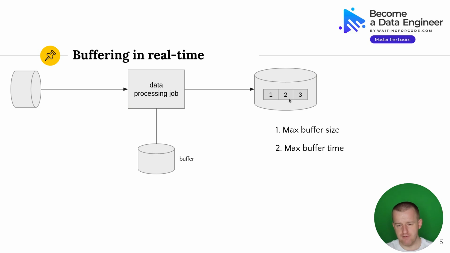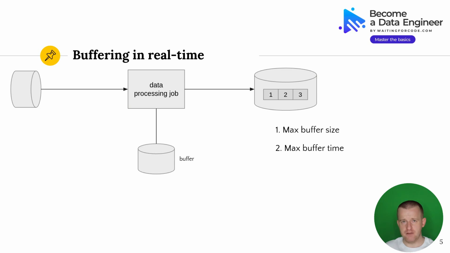And it's quite important to have both because you might have some trends in your data processing, and streaming data may have, for example, a huge volume during the day and a very low volume during the night. And without this max buffer time, in that case, you will wait probably until the morning to buffer and write the data in the at-rest storage, which is not optimal when you have some batch jobs behind reading data from